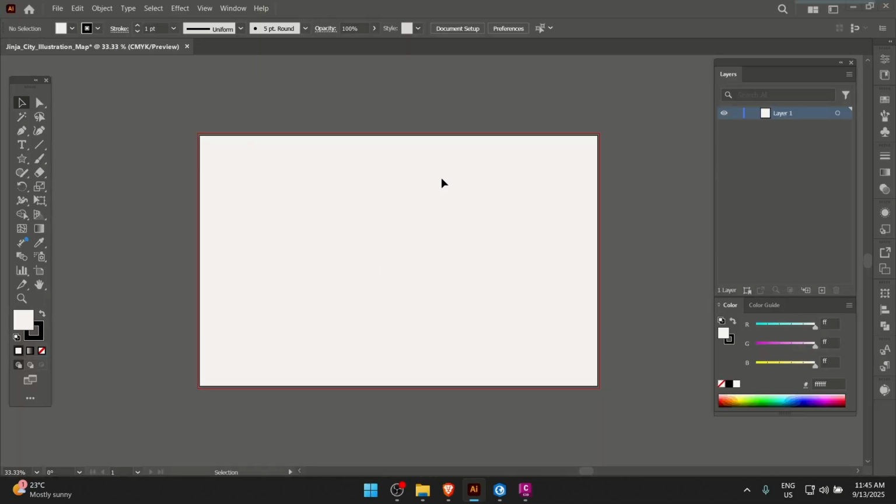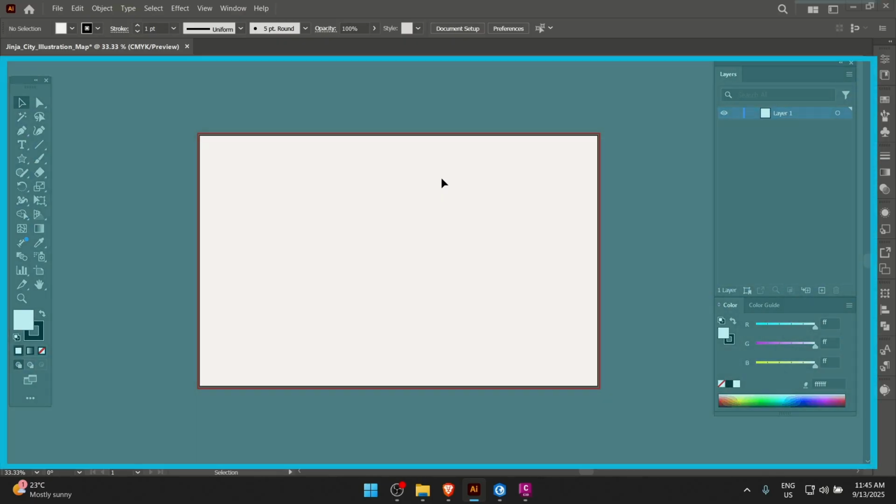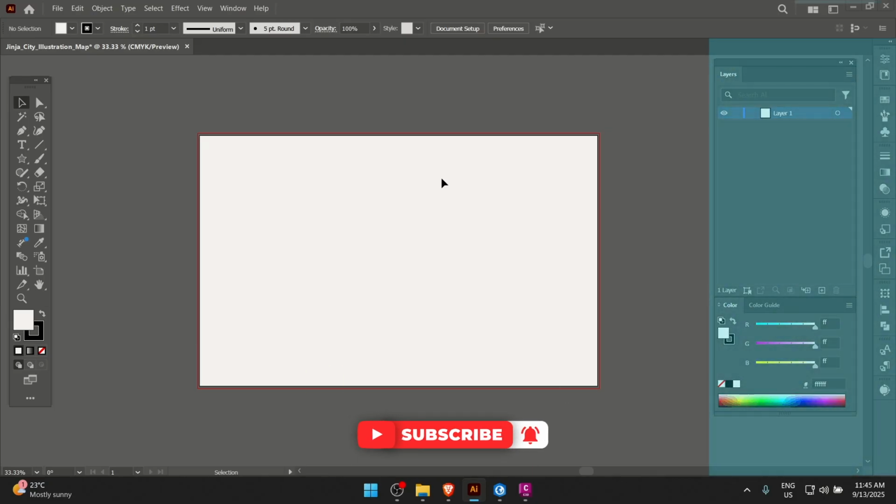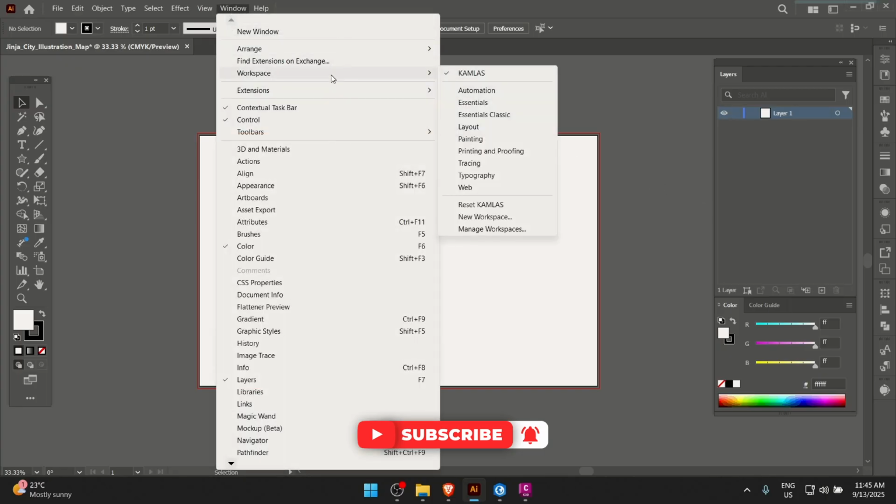So these are the components of an Adobe Illustrator environment. It contains an artboard. That white space is called an artboard. The space right outside that is called a pasteboard. You can paste anything there. On top we have the main menu bar, then we have the control bar, the panels, and the toolbar. You can go ahead and change how these display, for example, by using what we call the